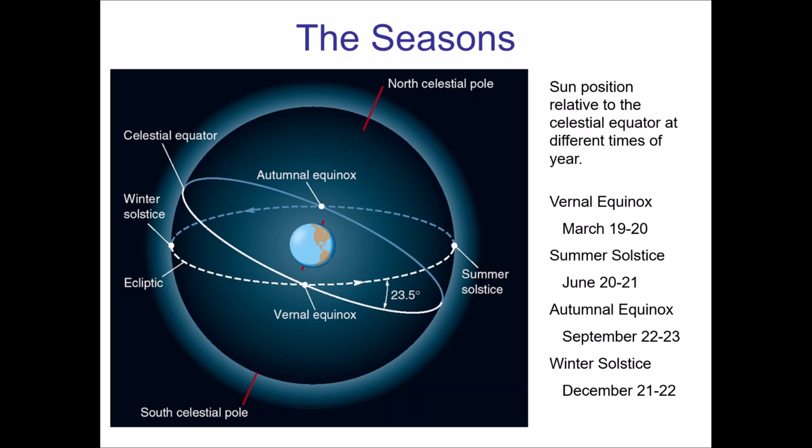The vernal equinox is not only a date, the first day of spring, which occurs around March 19 or 20, but it's also a location in our orbit. It's the location where the tilt of the Earth is not necessarily toward the sun or away from the sun, it's kind of on the side, so we get evenly hit with sunlight. And when you look for the sun, it is directly on the celestial equator. So it's going to rise east, transit right on the celestial equator, set exactly west.